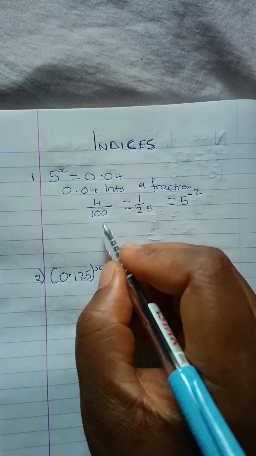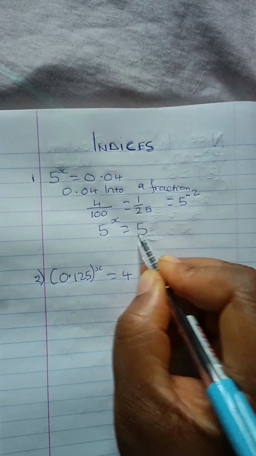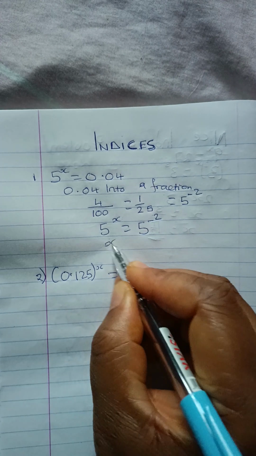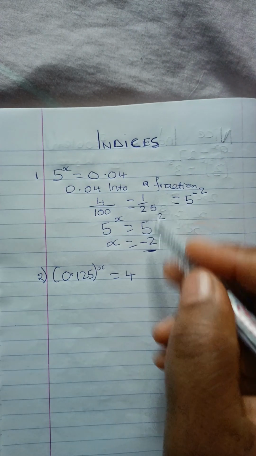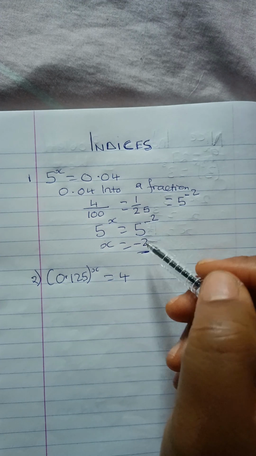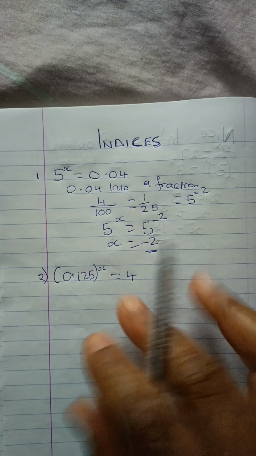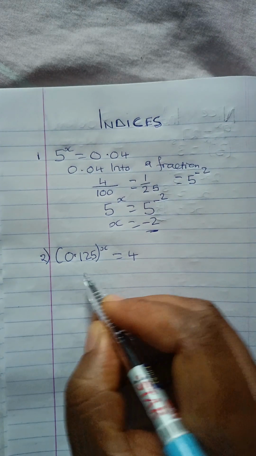So now we bring down this 5 raised to the power of x equals 5 raised to the power of minus 2. So now our x is equal to minus 2. This is just a short explanation for this. So now we go to the next. This one,